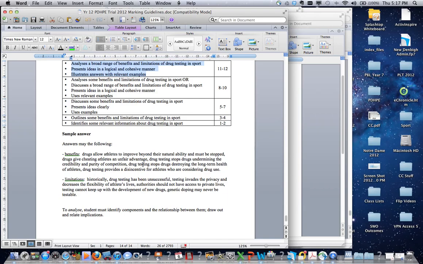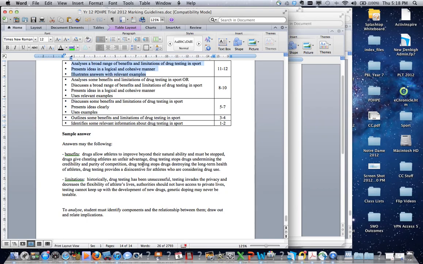The protection and the promotion of long-term health for athletes would be another benefit, most definitely, and hopefully one of the primary ones that people would have discussed. And I guess another benefit could have been the disincentive that drug testing provides for those who are considering using drugs. Those tests would definitely be a disincentive for those who thought that they may have been caught. That may be enough to stop them from using drugs.